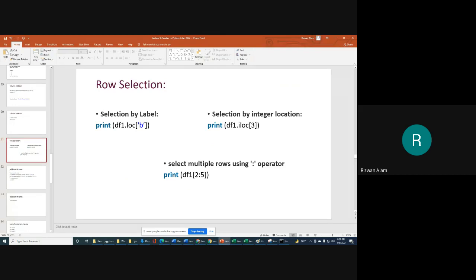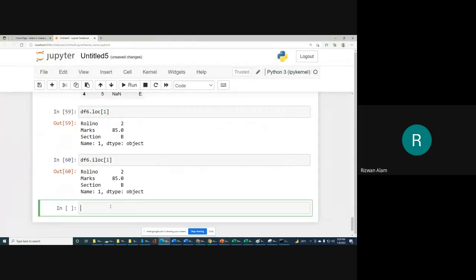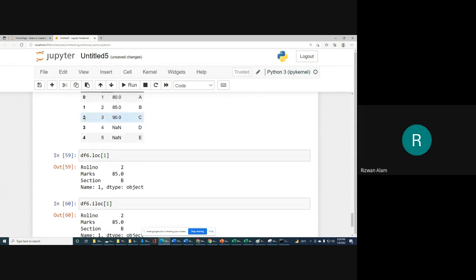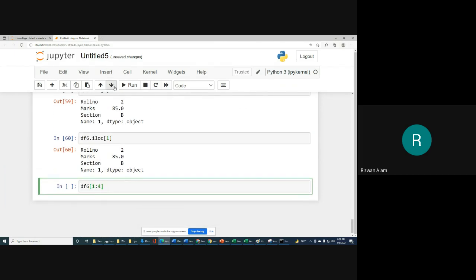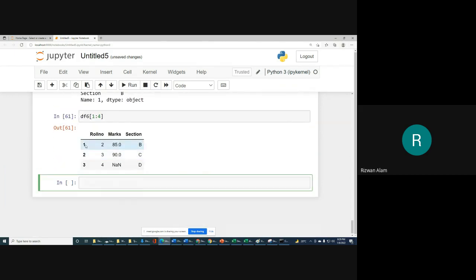Next, we can select multiple rows also. For multiple rows we can simply write df6 and use the concept of slicing, 1 to 4 for example. So 1 to 4 means 1 will be there, 2 will be there, 3 will be there. These 3 rows will be displayed. You can see 1, 2, and 3.